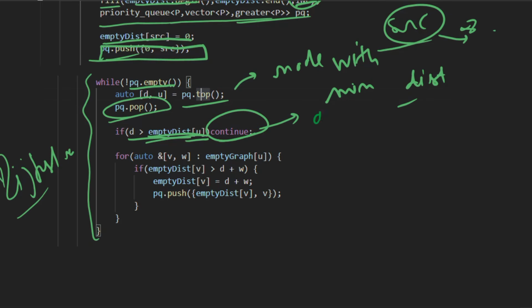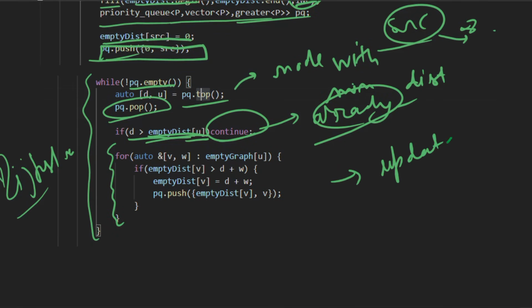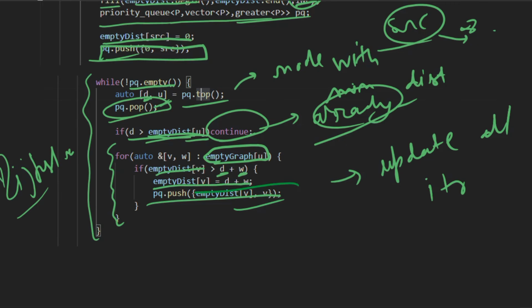That means we have already processed this node, right? Else we update all the neighboring nodes of the node u, right? If their distance is greater than the current distance, that is the distance of node u plus the edge weight, then we update the distance to the current distance, and then push that node in the priority queue, right?